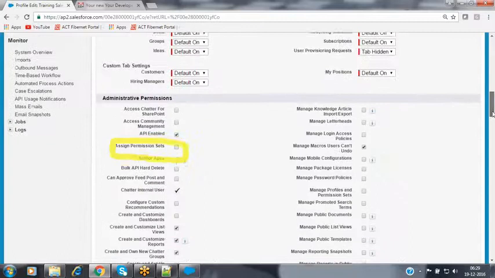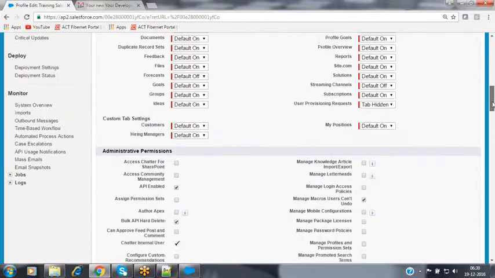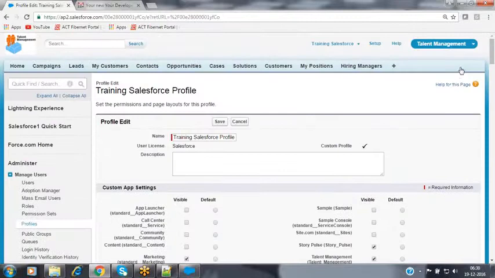Go to bulk API hard delete. This checkbox is not selected as of now, so I'm selecting this checkbox right now. This is for the development user. Now bulk API hard delete. Save this.